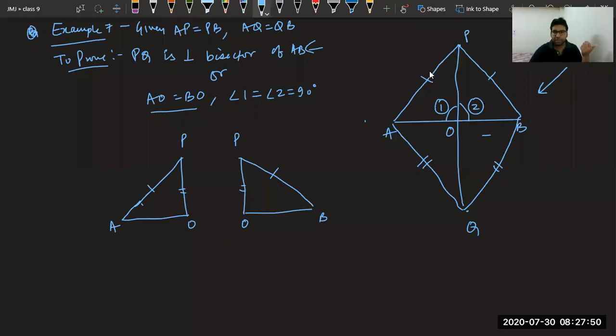You can see, in the last question angle A was coming in both the triangles, in this triangle as well as this triangle, so it was common. But in this question, angle O is coming half in this portion, that is 1, and half in this portion. So we cannot take them equal. We cannot prove these two triangles congruent. You have to understand, yes, this is the required triangle, but we cannot prove them congruent.